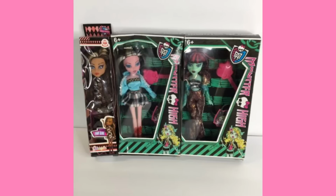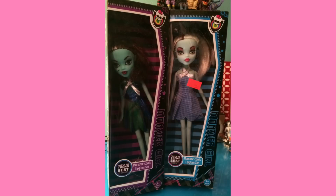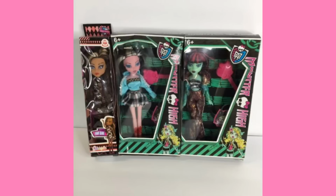These sets are a bit harder to read, and they say Monster High on them, and actually use the Monster High logo, which, you know, they got balls for that, because these bootlegs use a fake logo and say Monster Girl. So I'm thinking these ones probably got sued by Mattel. Probably. Also, I'm not even going to acknowledge the one on the left because I don't know what to say about that. It looks like some kind of weird combination of Claudine and